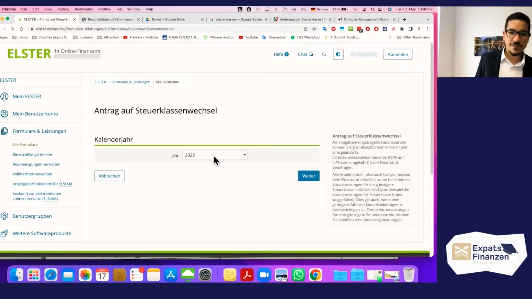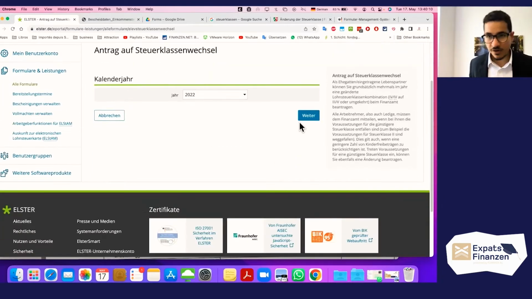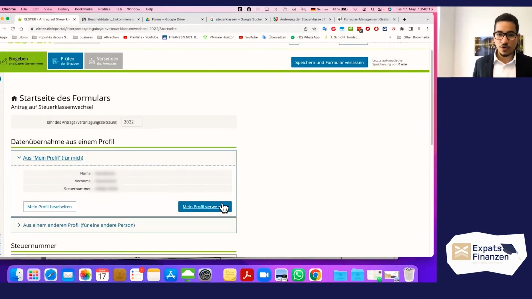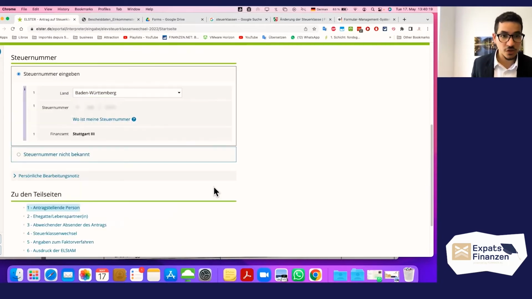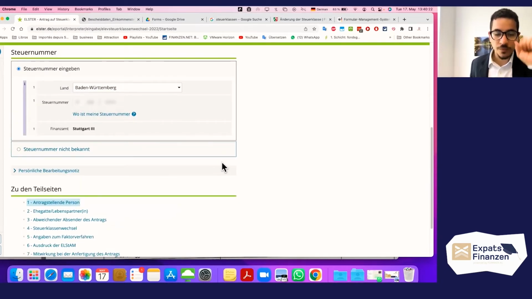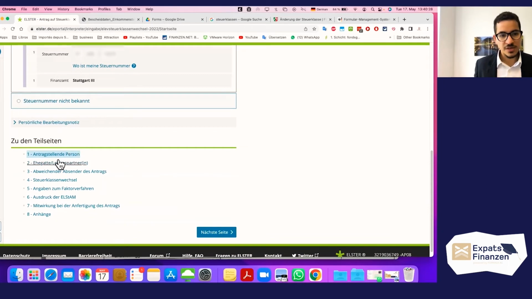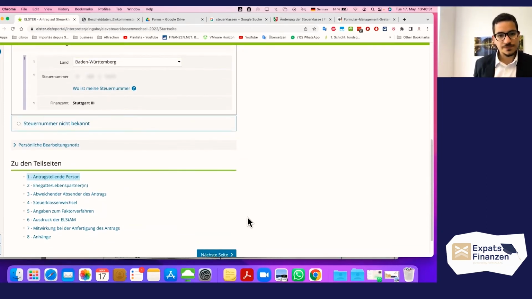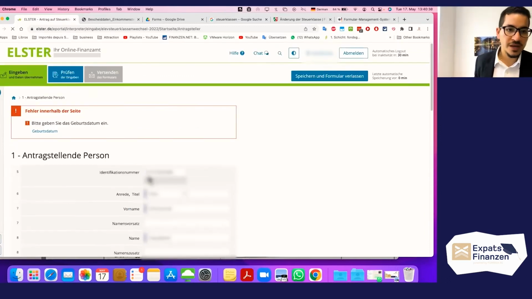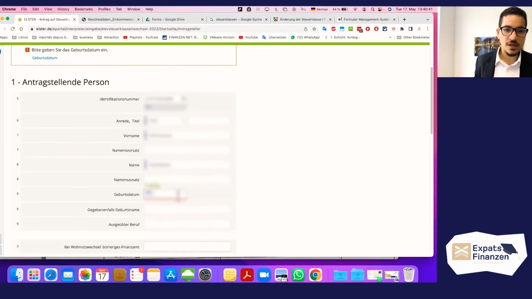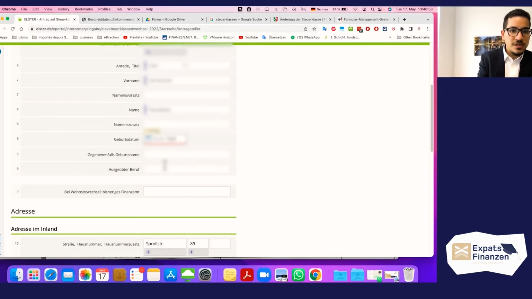There we go. So if this is now going to happen next month of 2022, we can go forward. We can select your profile, using therefore your tax number specific to you as the husband, but also to your wife. So this is the person requesting the change, Antragstellende Person. Now we jump up to the next section. We will place your wife. Let's say, for the sake of the matter, here we're going to write 29, 32 years old. And let's put in here